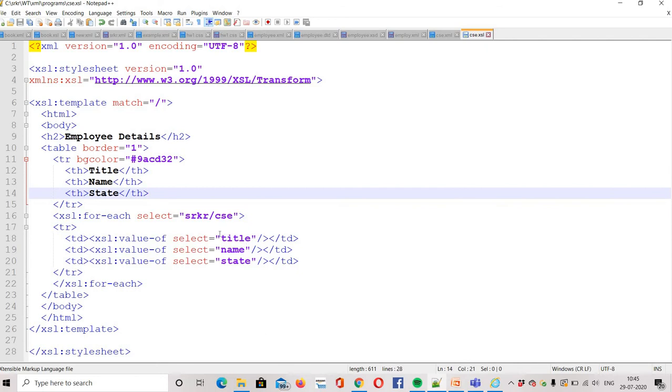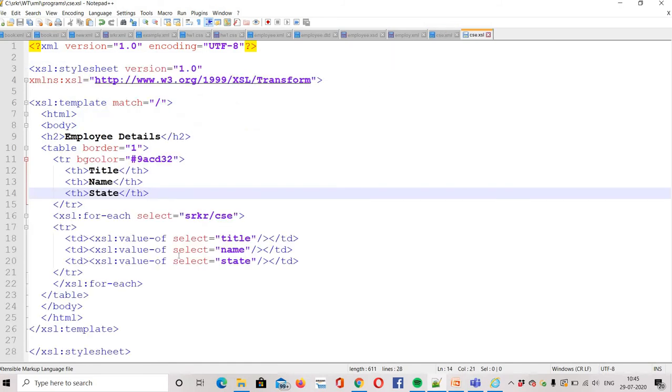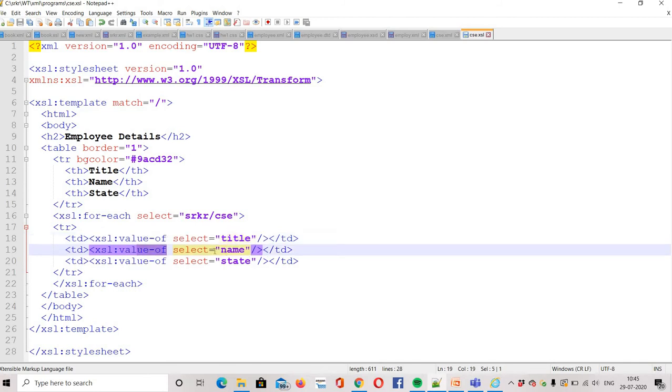So if you want to extract the value of the title, which has Mr., you must use value-of. If you want to extract the value of name, this element must be used: value-of with the attribute select equal to name. This is the path; this attribute belongs to path. Select equal to name, so from name the value is coming.